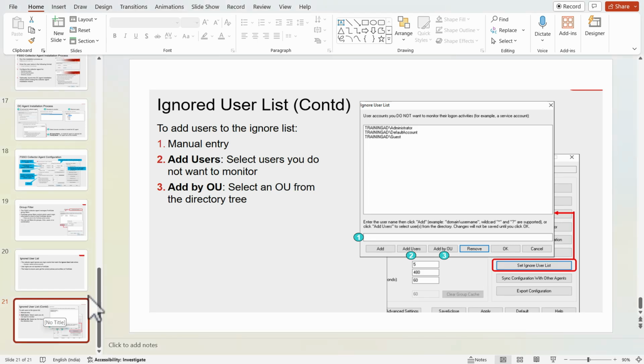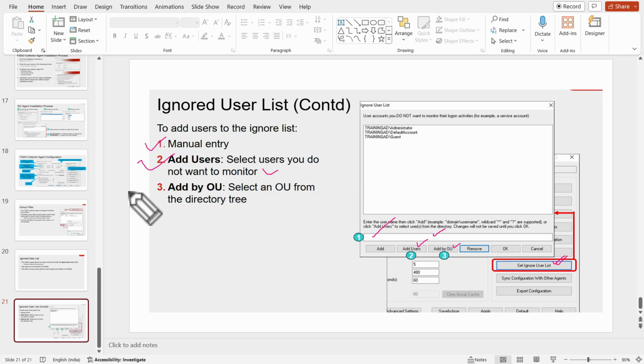And now this is the process for how we can add users to the ignore list. So we just have to click set ignore list. First we have to define the details, like by OU, by users. Second, add users, which are manual entries that define criteria, and select the users you do not want to monitor.